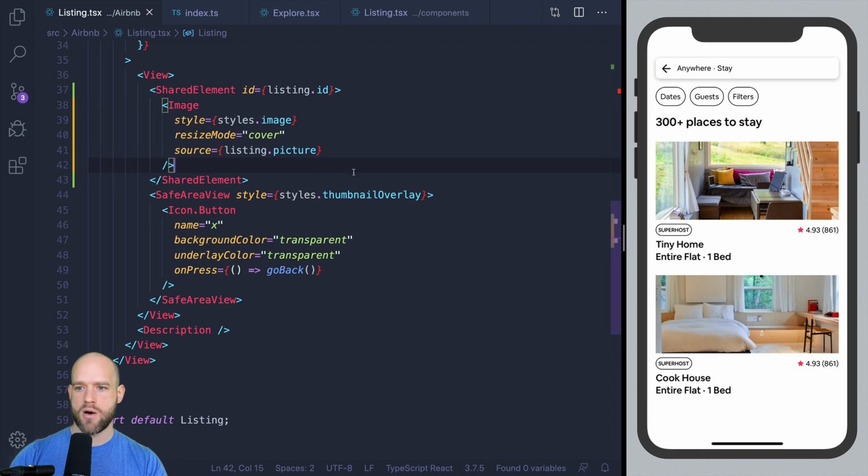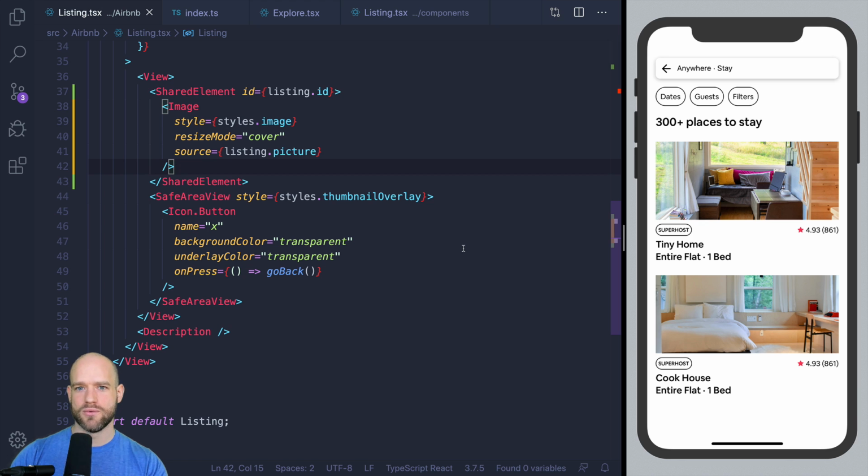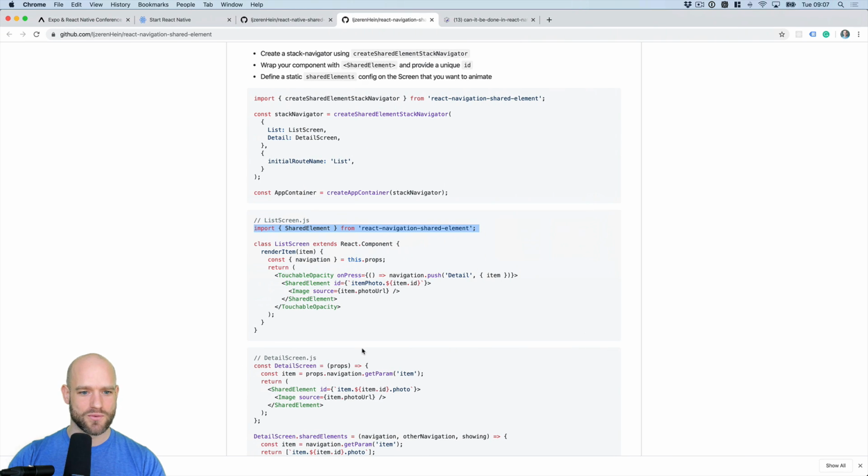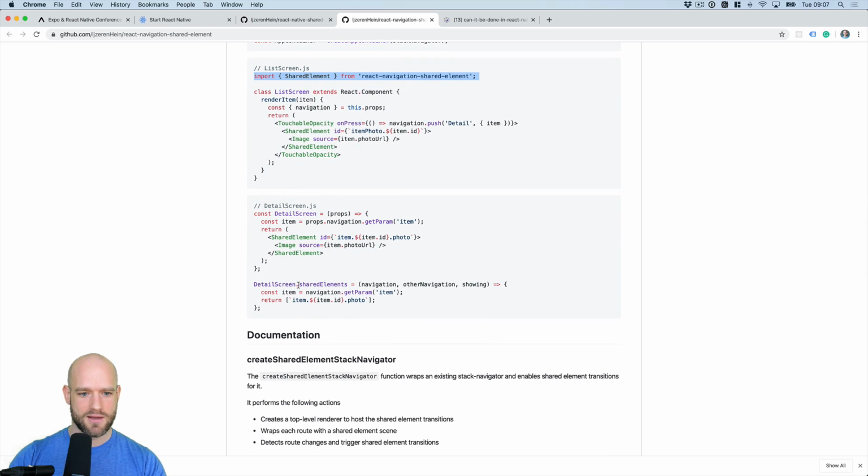Looking good. Now, because here you see we have two shared elements, we need to specify to the module which elements we need to transition on, namely the one we click on. So we're going to use the shared elements config that we can see here.